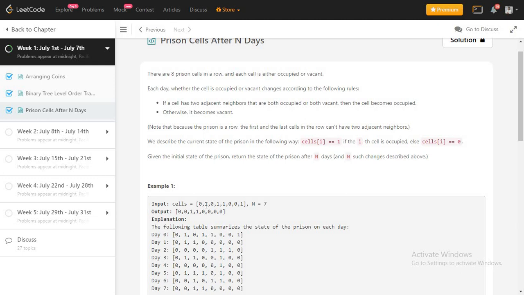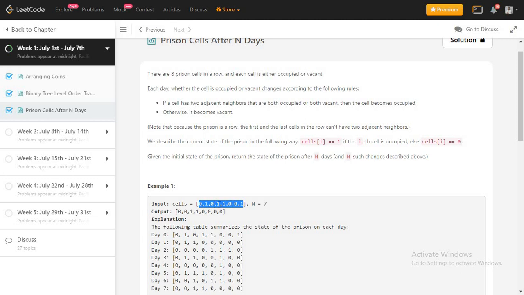If our array starts from 0, then I needs to start from the first position only. And if you check this one, its adjacent cells, I minus 1 and I plus 1, are both 0. If both are 0, then this value will remain 1 only. Or if the previous and the next cell values are the same, either 0 or 1, then that cell should be occupied. Now if you move to this 0, you can see again that the left side of 0 is 1, and the right side of 0 is 1. So it will be 1 only.